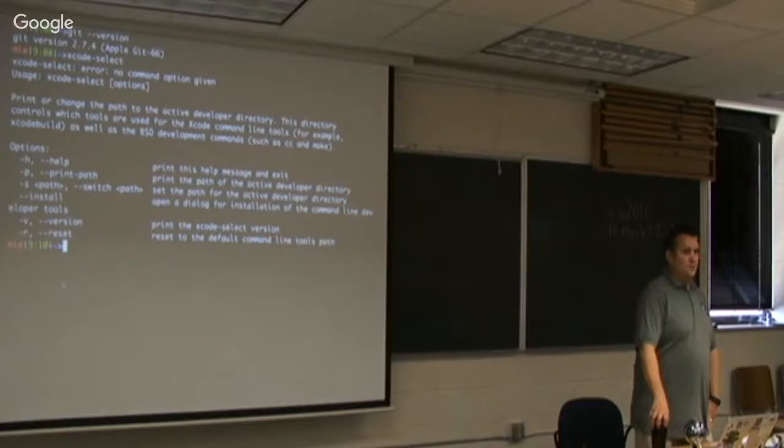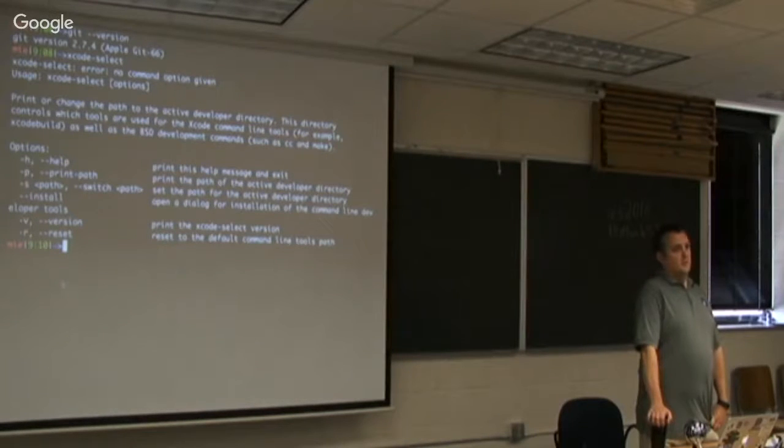I'll go through the general thing here. How many of you have ever used version control? Okay, a fair amount of hands. Which one? SVN. Okay. How many of you have actually used Git before? I've not. Yeah, that's kind of what I figured would happen.